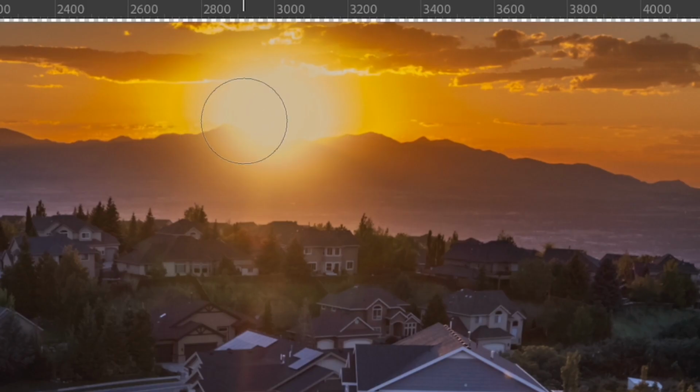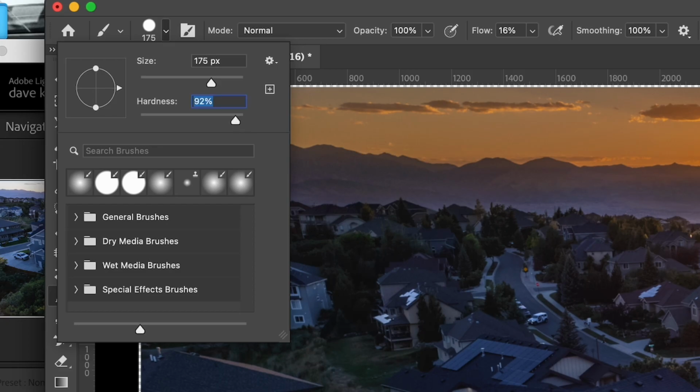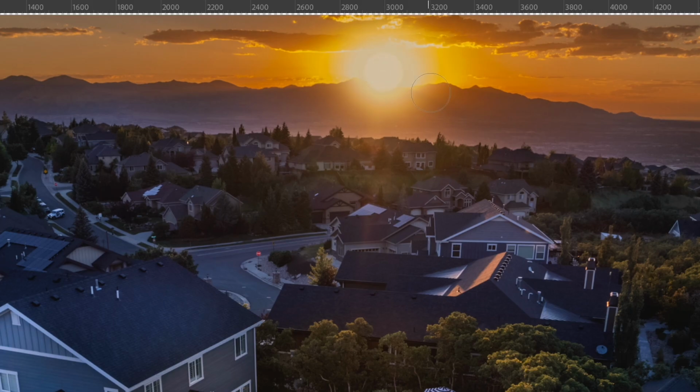We're going to go even smaller. That's about the size of the sun right there. But here, we're going to take the hardness all the way up. And again, we're just going to do this really lightly, dead centered in there. And that looks a little bit too hard and a little bit too big. I'm going to make it a little smaller, and I'm going to bring down the hardness just a tiny bit,